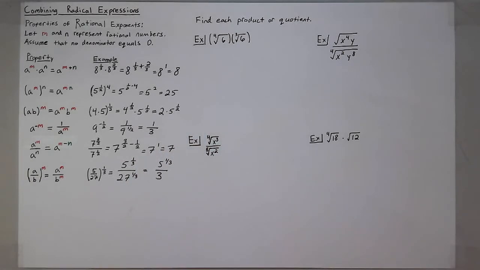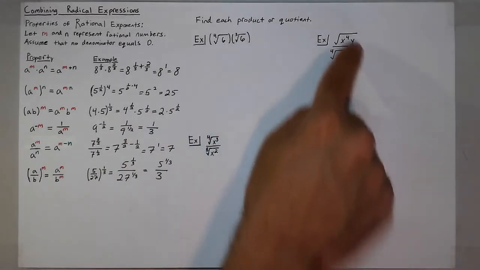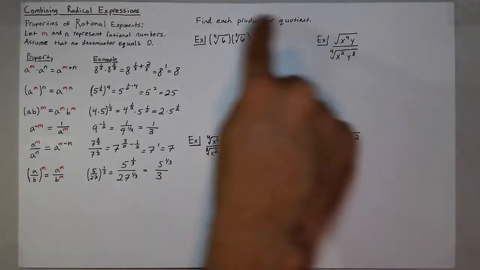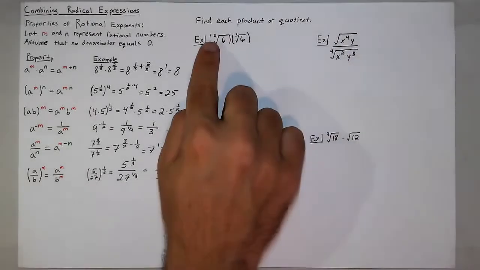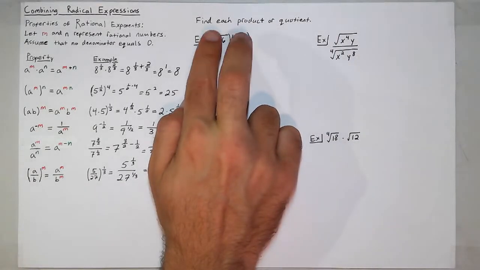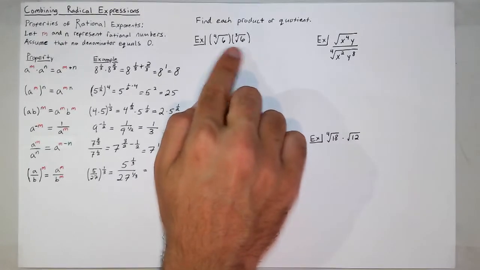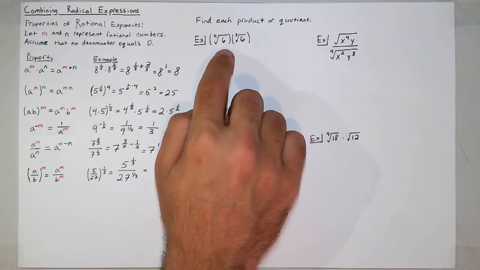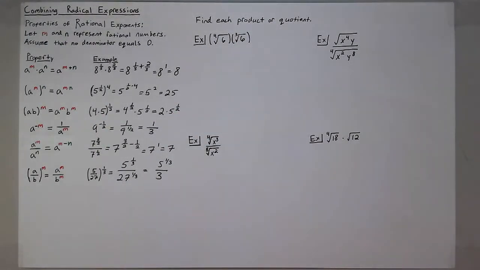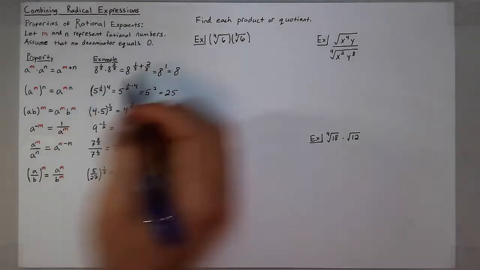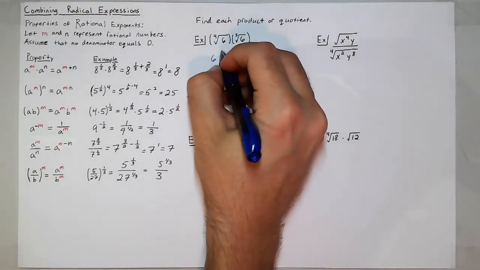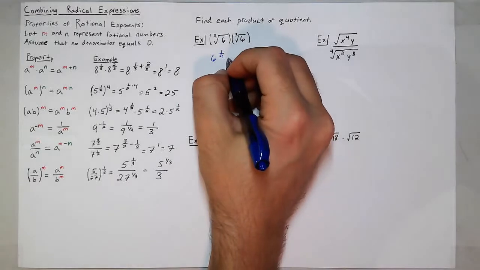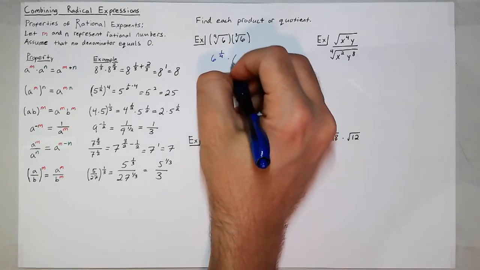Now let's try to apply this to some other situations. Oftentimes you'll be given the example in radical form, but you'll notice that the indexes don't match. So initially, when you see this multiplication, you say you can't simplify. But if you were to rewrite this into exponential form, which is 6 to the 1/4 for the fourth root of 6, times 6 to the 1/3,